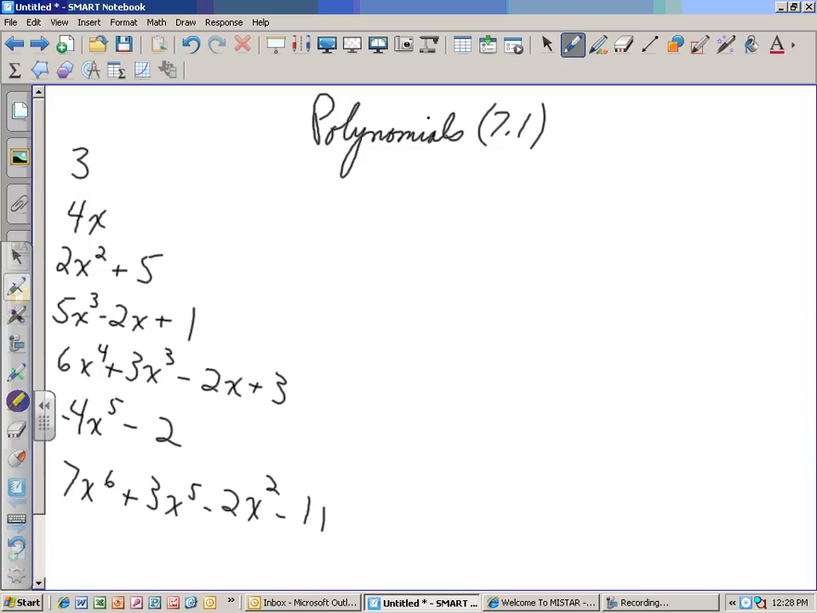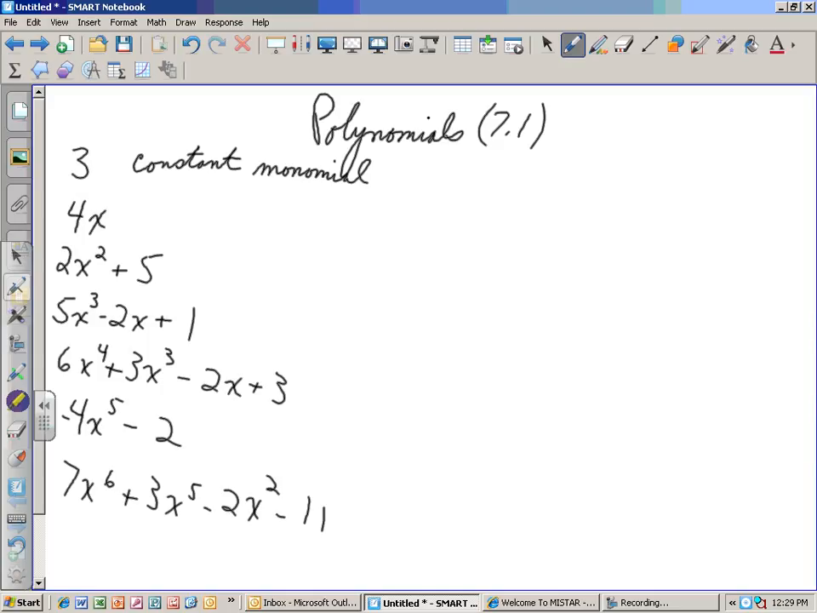All right, so let's classify all these polynomials. This is a constant because that 3 is never going to change. And this is a constant. And we call this a monomial. Mono meaning 1, because there's just one term, which is the 3. Okay? 4x,